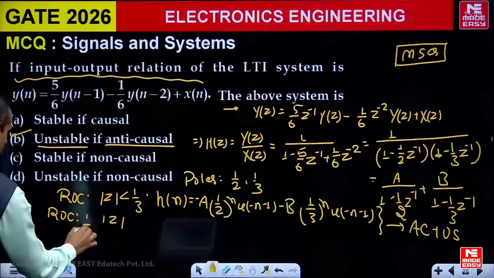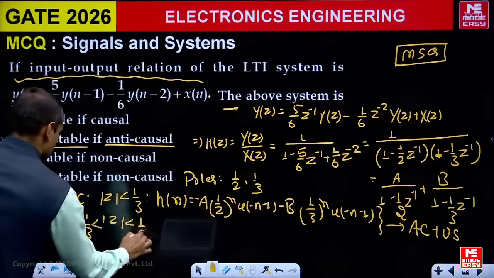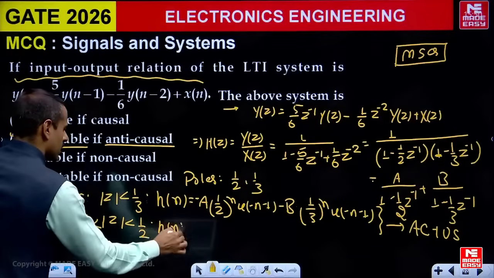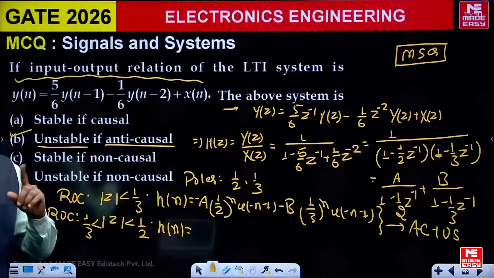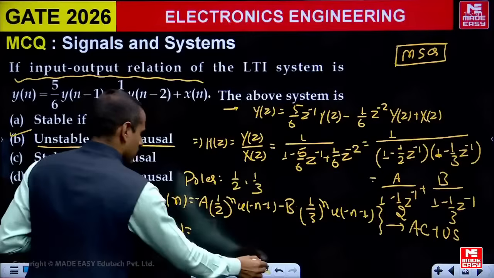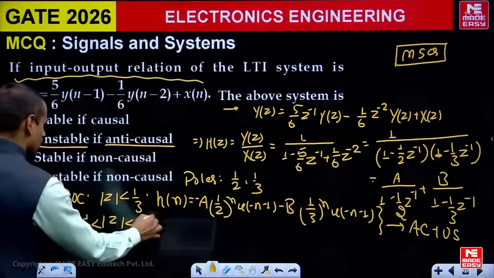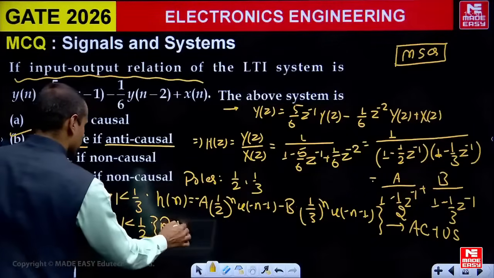नाउ सेकंड पॉसिबल ROC क्या हो सकता है? मॉड z बिटवीन 1/3 से 1/2 तक, ये होगा ना। अच्छा, अब इसमें h[n] कैसा लिखना पड़ेगा? बोथ साइडेड लिखना पड़ेगा। मैं h[n] को बोथ साइडेड अभी नहीं लिख रहा हूँ। क्यों नहीं लिख रहा हूँ? आप खुद सोचो, क्योंकि यहाँ से ROC का नेचर कैसा है बेटा? रिंग शेप का है।